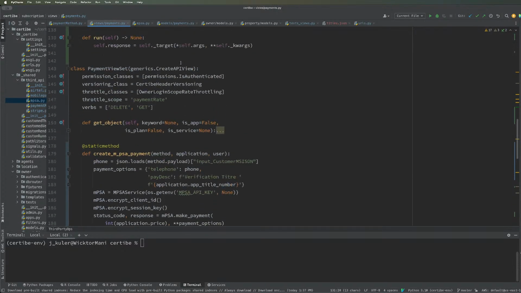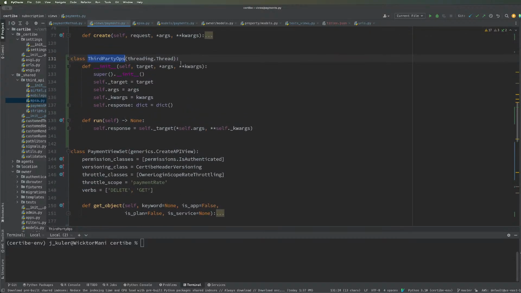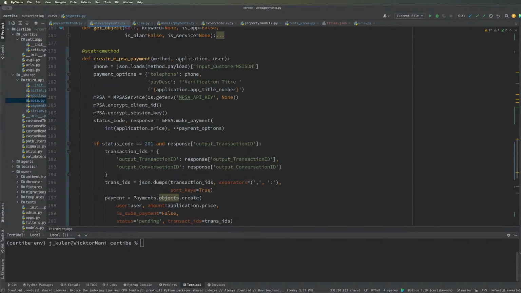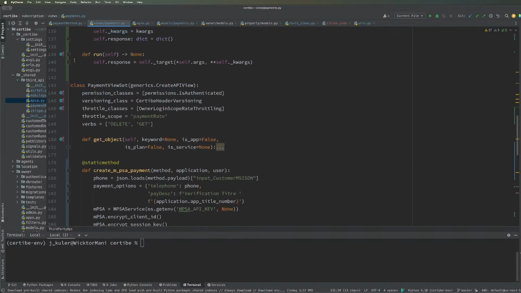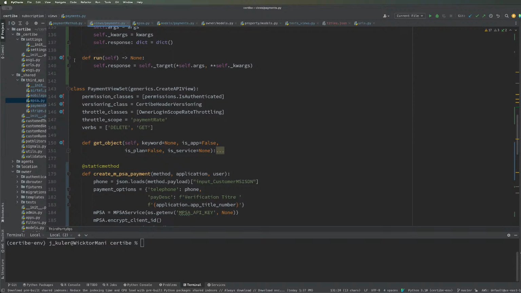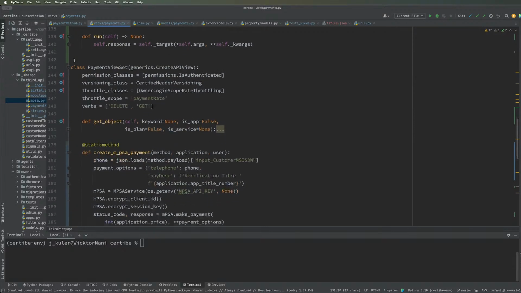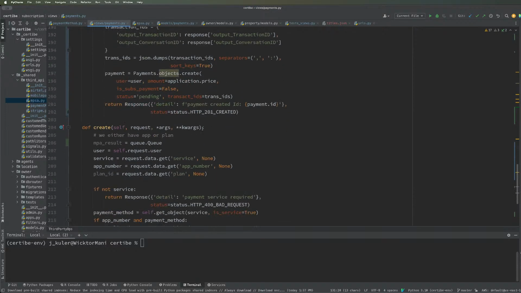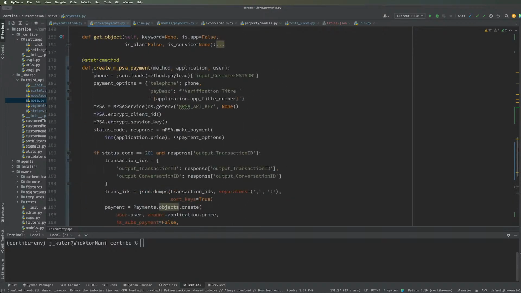So let's see. Okay, from right here on create,